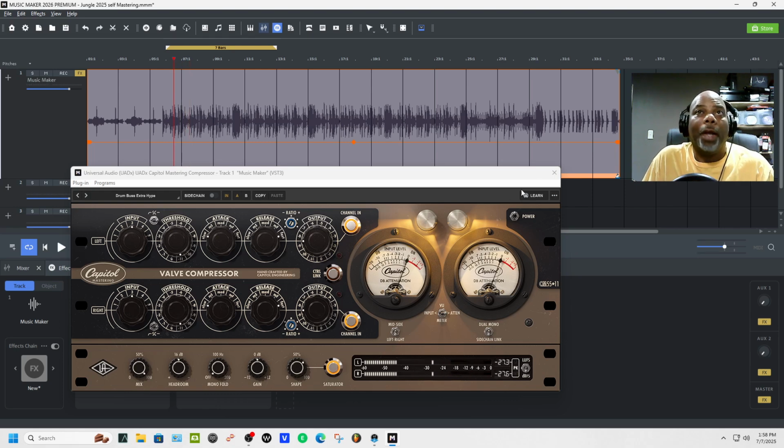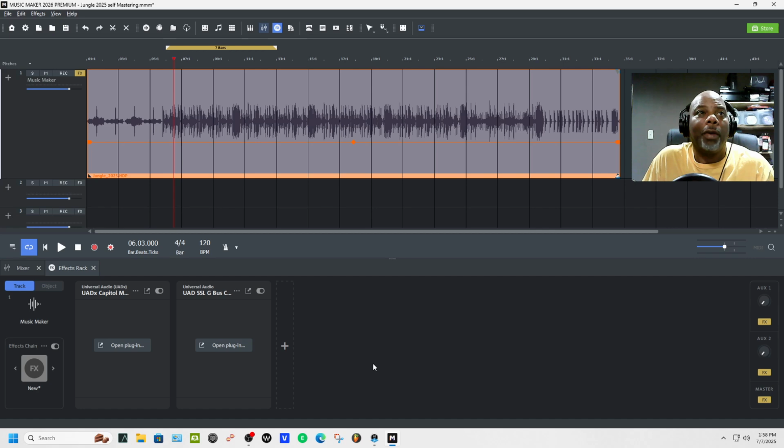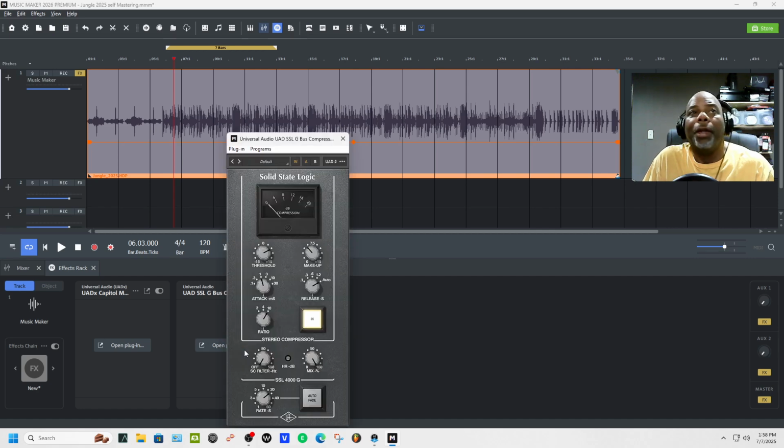So we got one, which is the Capitol compressor. Now let's open up the other glue stuff. So it's doing the double compression pretty much, right?